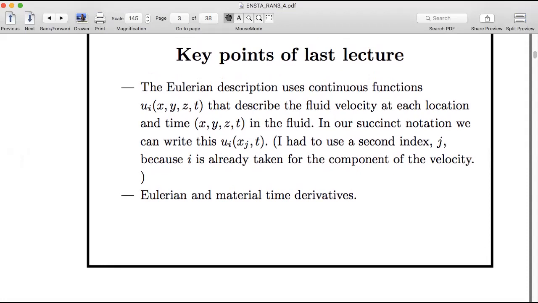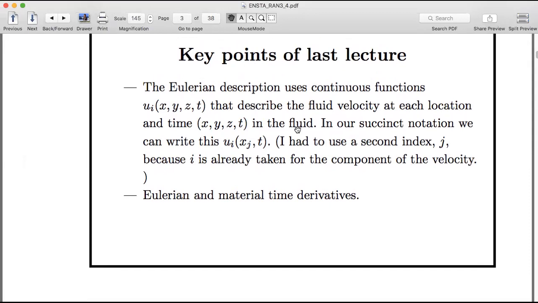So I think I'm ready to go, right? I sent my PDF file. And I've answered the question. Okay, so the key points from the last lecture were that